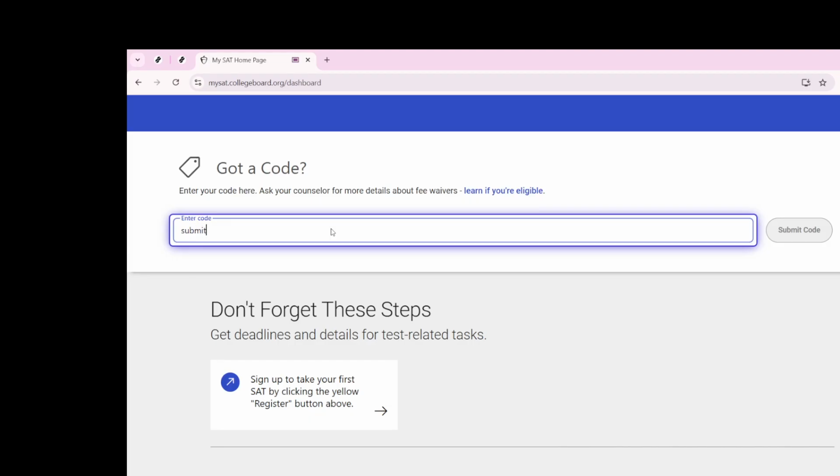Before moving forward, it's essential to thoroughly review your selected options. Verify that you've chosen the correct